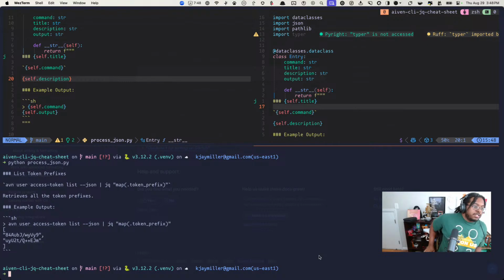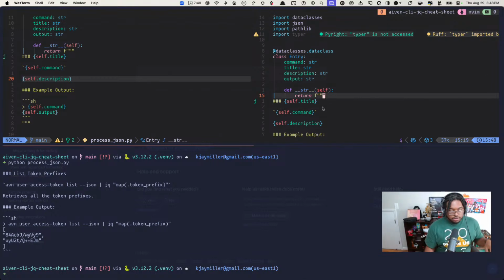Yeah, that's fine. Run it again. Yeah, see, this is what I was hoping for. Now if you do that, you can do list token prefixes. This thing. And then of course we can do things like,